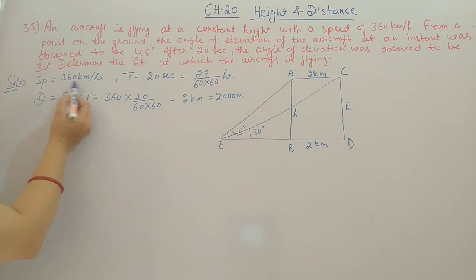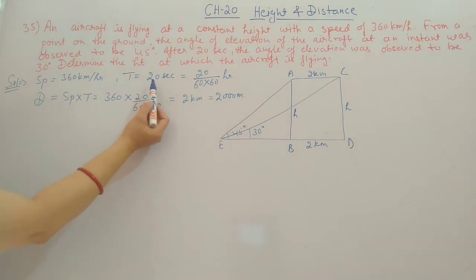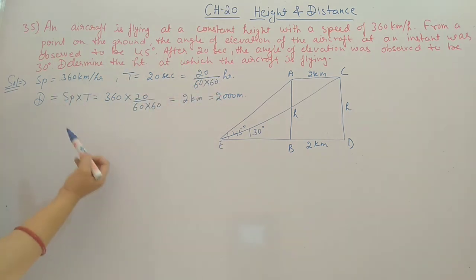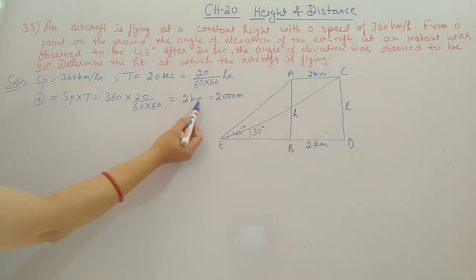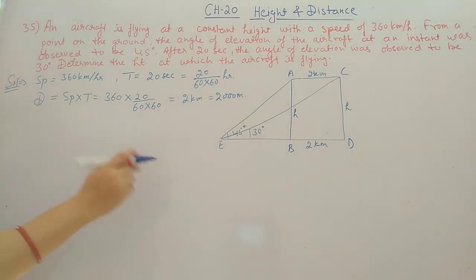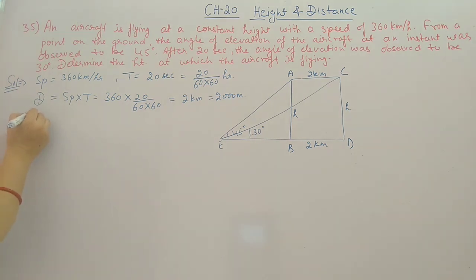So first we have to find out how much distance it will cover in 20 seconds. So speed is given and time is given. This time you have to change into hour because here speed is in kilometer per hour. So distance is equal to speed into time. You will get 2 km, which you can convert into meter. 1 kilometer is equal to 1000 meter. So 2 kilometer will be 2000 meter. Now we have two right angle triangle. First in triangle ABD,